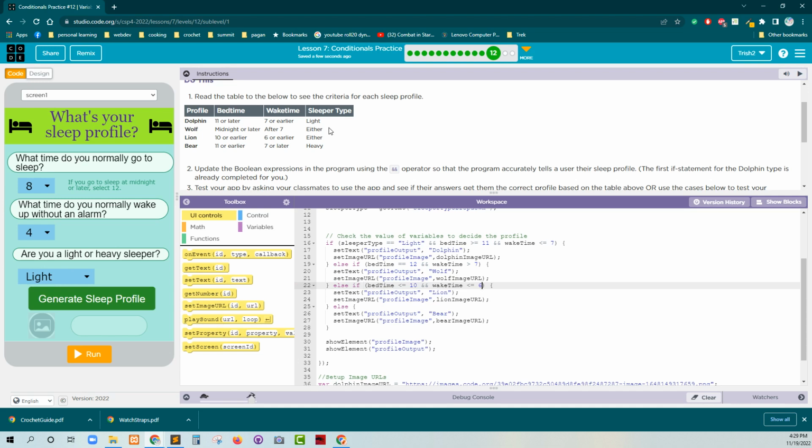Again, I'm not going to evaluate the sleeper profile because it doesn't matter. What if they set it to heavy or if they set it to light? That's not important because we can take either term. I think they want you to do this and sleeper type equal to light